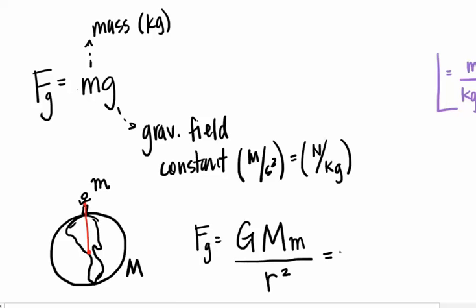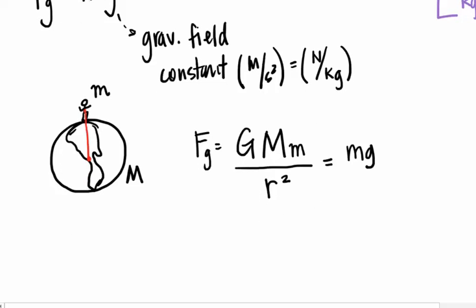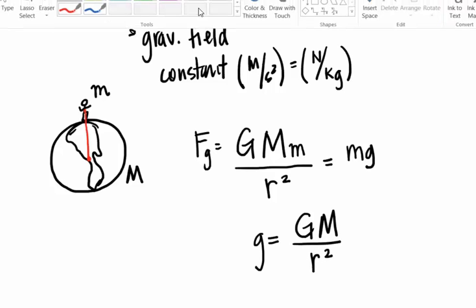But that's equal to mg, the mass of me times the gravitational field constant. So what's the gravitational field constant of the planet? You can divide by a little m on both sides and get that the gravitational field constant,